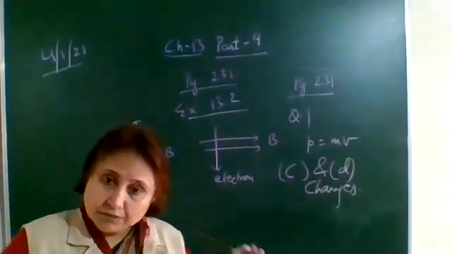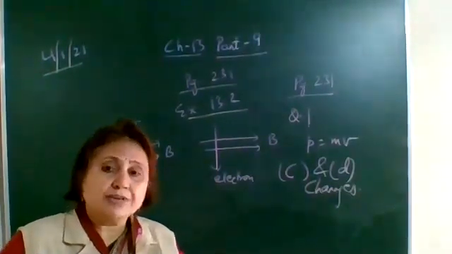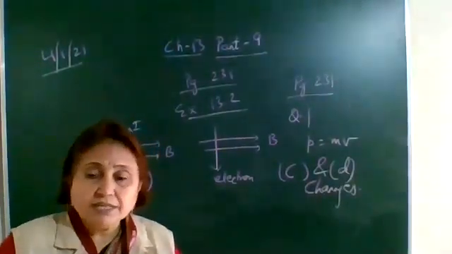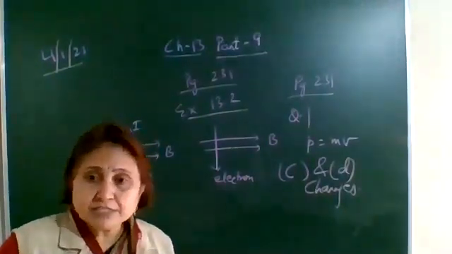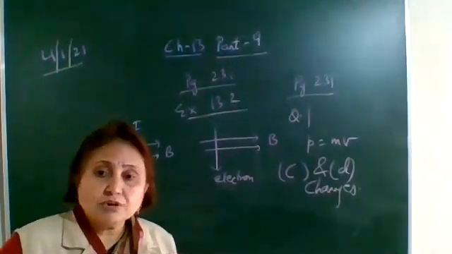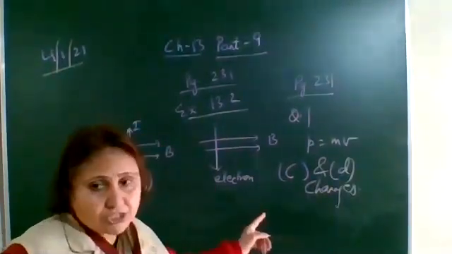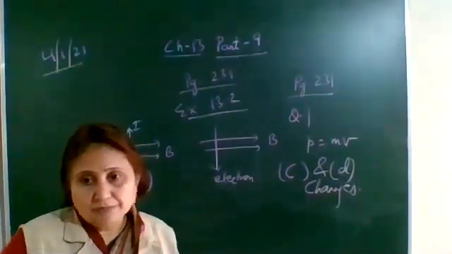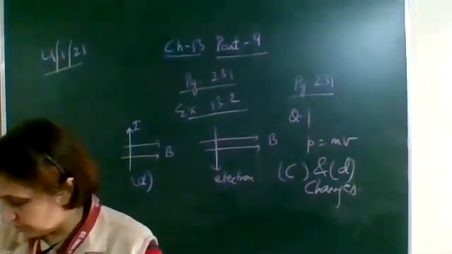Why? Because it will change its path. It will change its direction as it enters the magnetic field. Any charged particle, when it enters the magnetic field, changes its path. Suppose it enters perpendicular to the magnetic field, it will describe a circular path. Now, in case of a circular path, it will keep on moving with a constant speed, but the direction of motion is changing. So the velocity changes and the momentum is mass into velocity, so the momentum also changes. So what changes? C and D part, that is velocity and momentum changes.